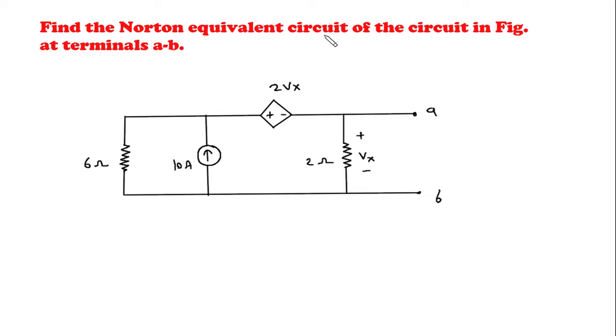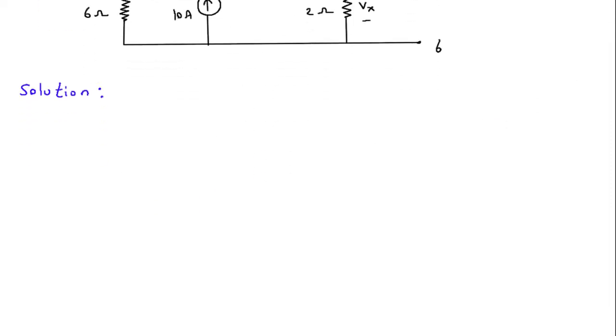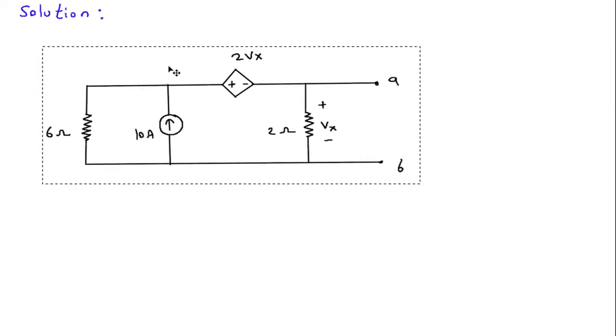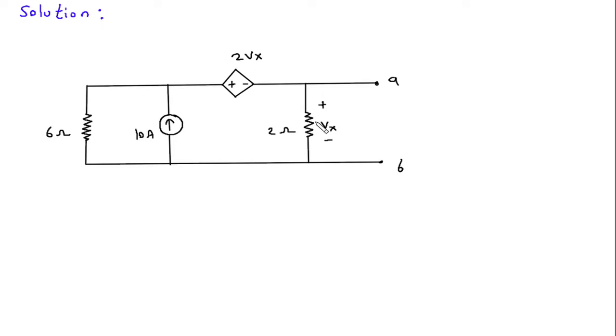Find the Norton equivalent circuit of the circuit in figure at terminals AB. Solution. First we will redraw the circuit. Now we will find